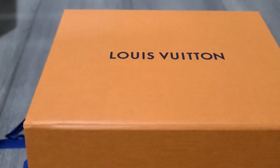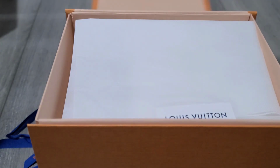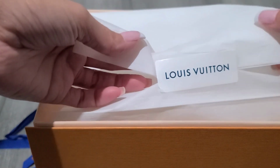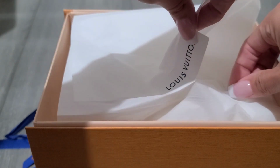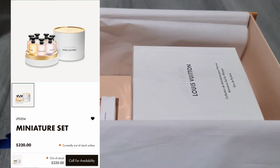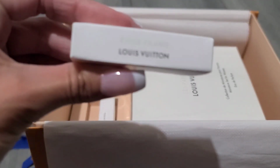Okay, so I got this set because, if you guys can guess, it has the new perfume. They always come like this. If you haven't seen my other unboxing, I have unboxed these little perfume sets before. They're my favorite. They're perfect when you're traveling. When you order them online, they do send you samples. So they send me this one. So they send me a sample,